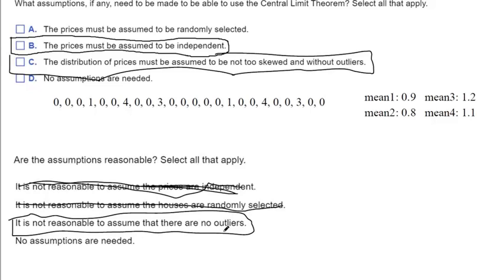I hate the double negative. I mean, who screens these questions? Isn't that an English thing? Don't say double negatives, like I just did. No, maybe I didn't. But this is confusing because there's an easier way of saying the sentence. It is reasonable to assume that there are outliers. It's not reasonable to say that there's not any outliers. I think I'm going to hit that button that says Ask the Publisher.